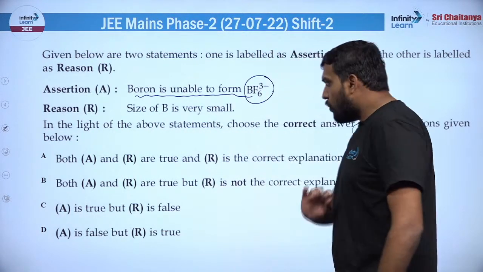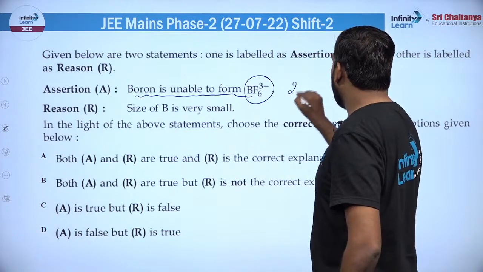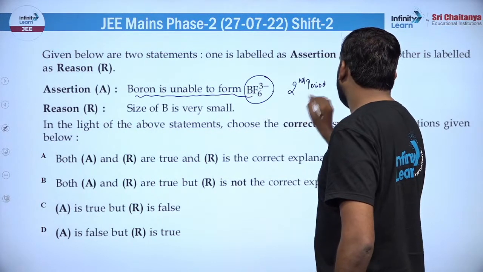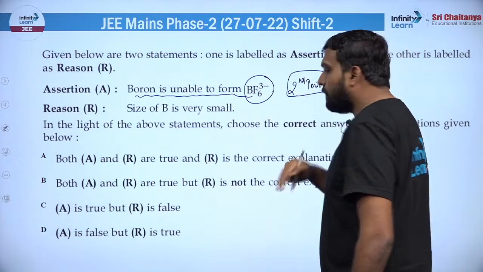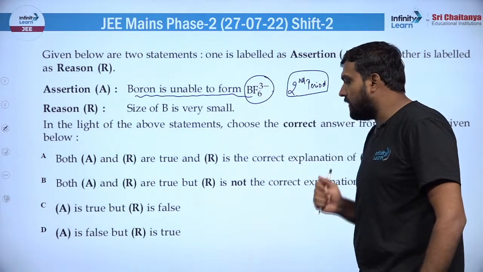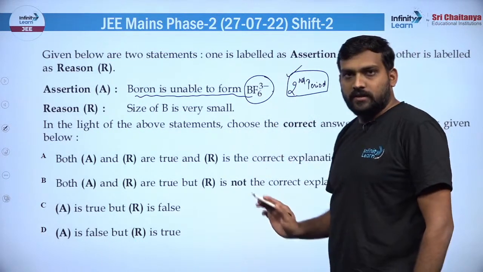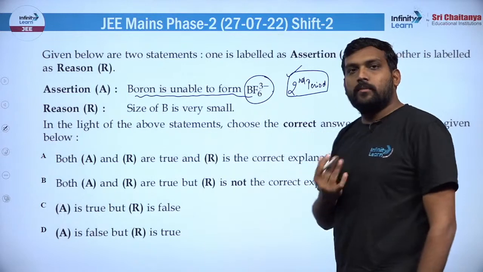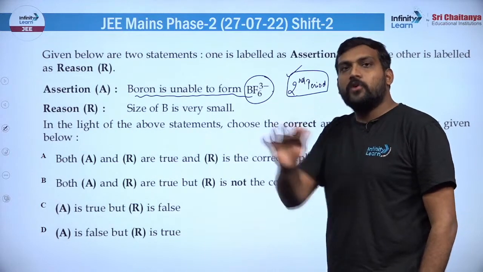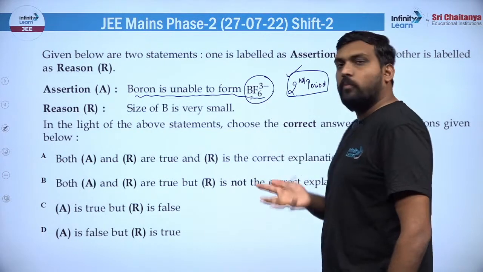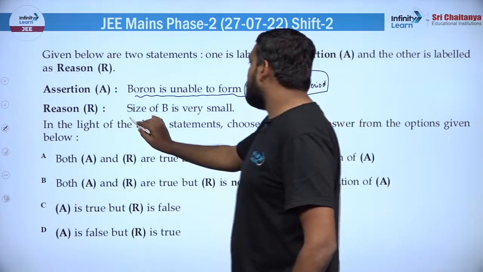कोई भी सेकेंड पीरियड के जितने भी एलिमेंट होते हैं, वो कोई भी अपनी ऑक्टेट को एक्सपैंड नहीं कर सकते। और चूंकि वो अपनी ऑक्टेट को एक्सपैंड नहीं कर सकते, वो कभी भी 4 से ज्यादा बॉन्ड नहीं बना पाते हैं। जो मैक्सिमम बॉन्ड्स वो बनाते हैं, वो 4 ही बना पाते हैं। तो यहां पे तो 6 बॉन्ड है, तो वो पॉसिबल नहीं है।